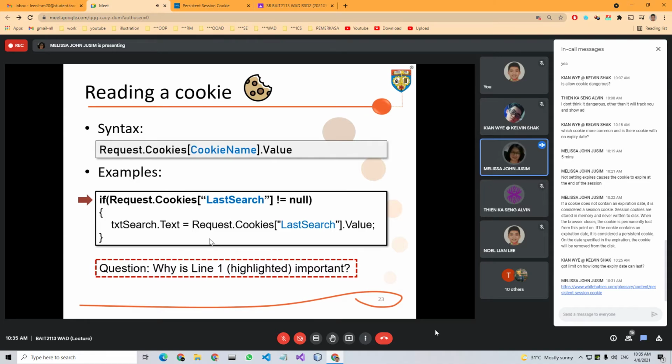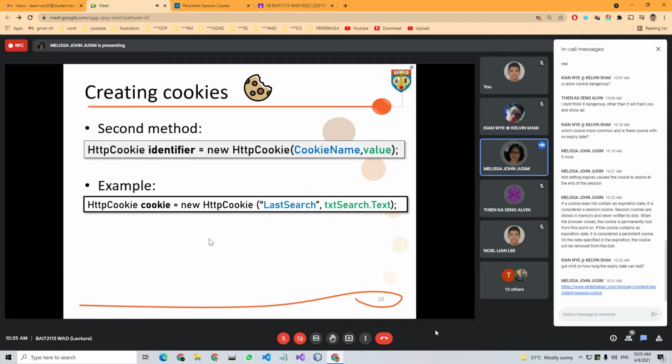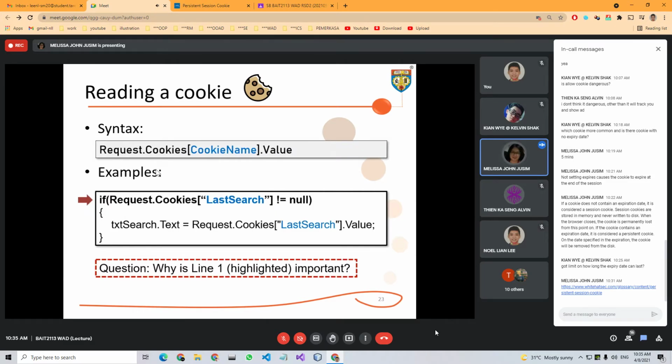Now, let's look at some of the available HttpCookie properties, because this is the class. We create this HttpCookie object, and we have seen there are two constructors. Now let's take a look at the properties for the HttpCookie class.